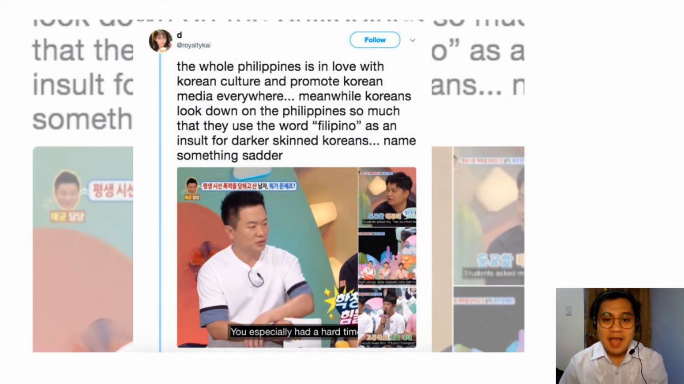So I also have this particular Twitter post that I have found in the internet. So I will read the context. The whole Philippines is in love with Korean culture and promote Korean media everywhere. Meanwhile, Koreans look down on the Philippines so much that they use the word Filipino as an insult for darker skinned Koreans named something sadder. So, on this particular example,